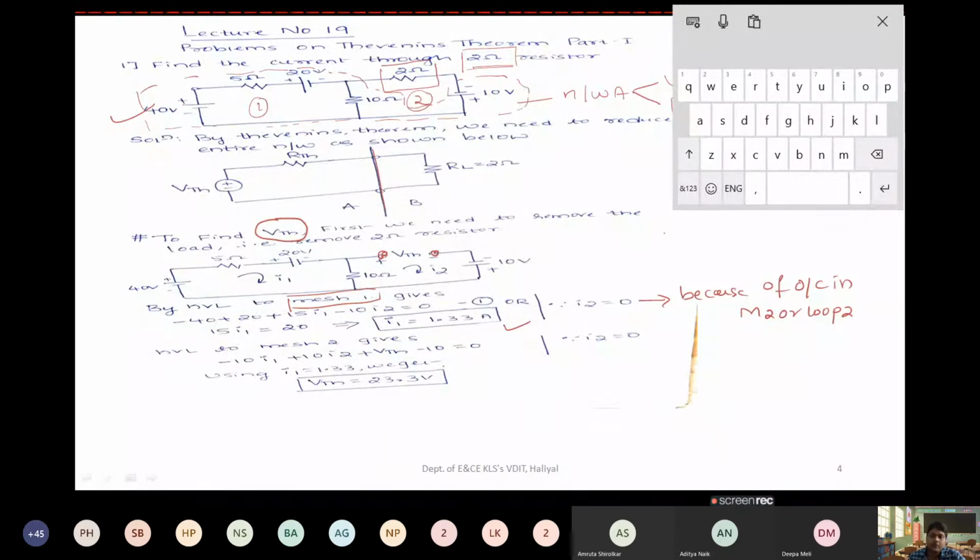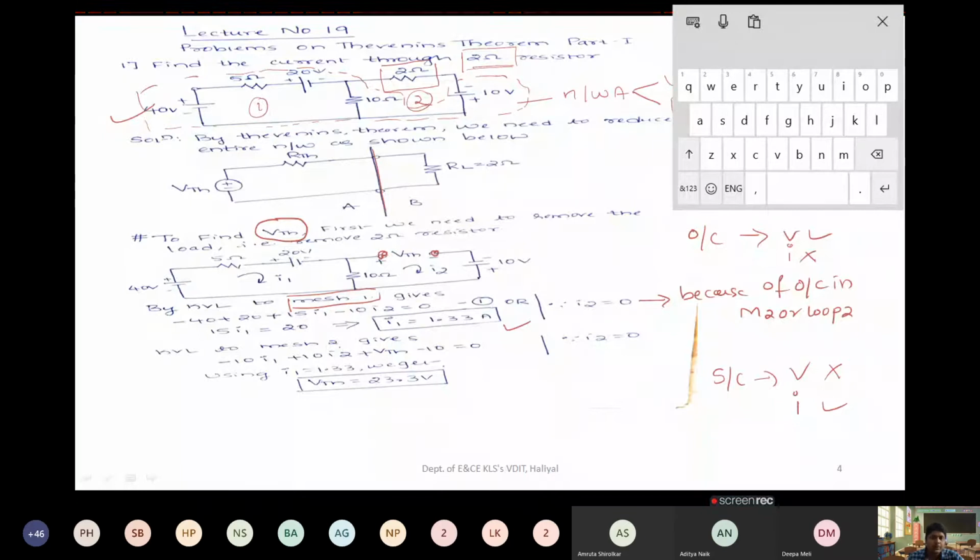So before you solve the circuits, keep in mind again, in any open circuit space, you can expect voltage, but current will not be there. And the reverse is true for short circuit. If you have any short circuit, voltage will not be there, but current you can expect. So this you keep in mind. While writing I1 and I2 you can write, no issues, but while taking the I2 value you put the value as 0.